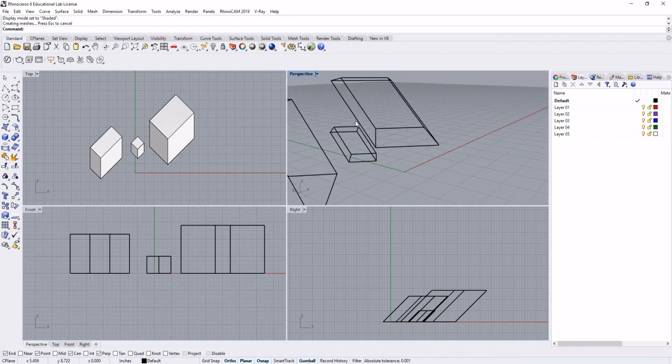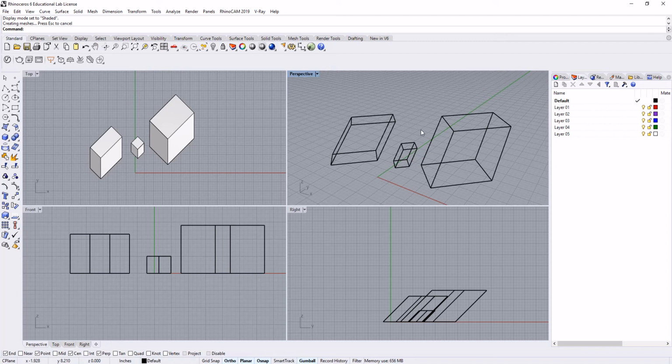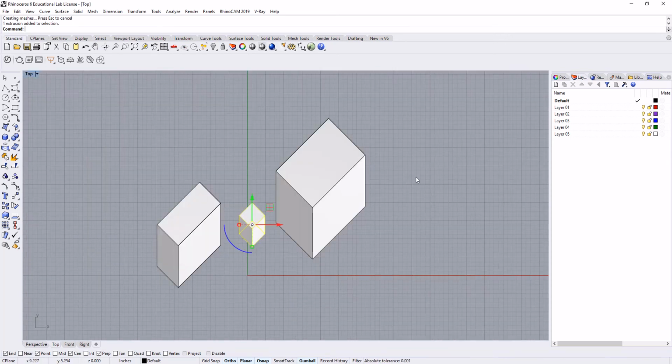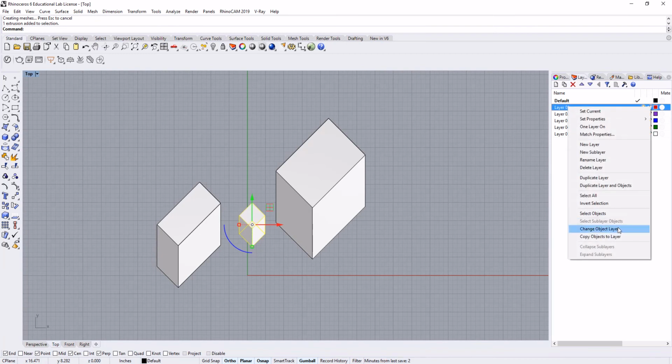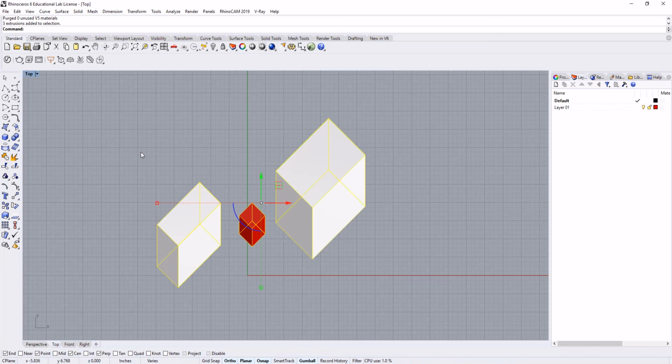The key to know here is that you actually are deforming the objects in 3D. So if you're going to do this with a studio file, make sure you save out a separate file first so that you're not overwriting really important information within that file. If we go into our top view, I'm going to just change the layer of this guy to show a couple of options with the Make 2D. And we're going to use the purge command to get rid of all the layers that we're not using over here. So if we go to Make 2D,